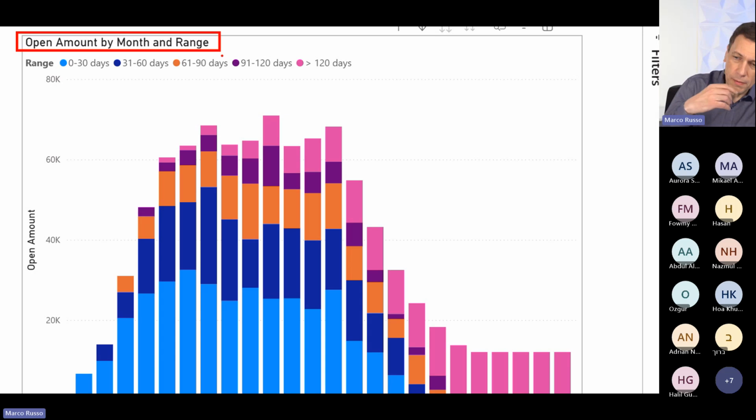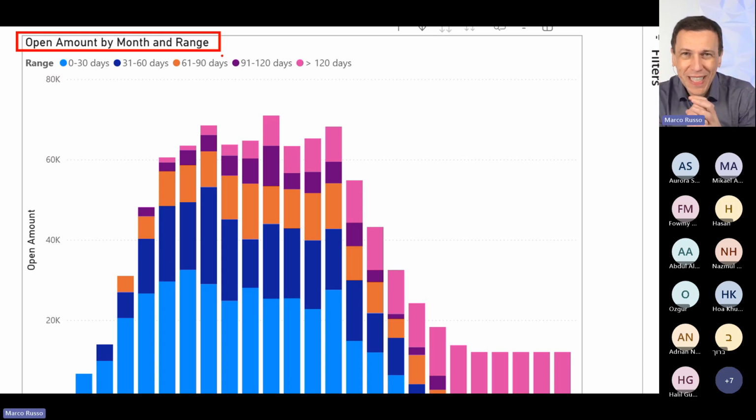So basically, we want to see the aging of account receivable. We had an invoice that was due on a certain date, for example, 30th December, and today is 23rd of January. So the age of that account receivable is 23 days. So considering the due date, the payment is late.